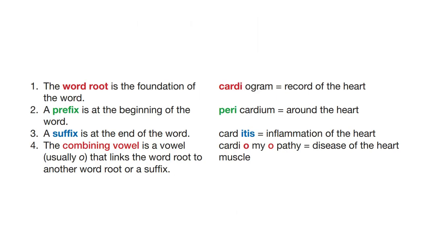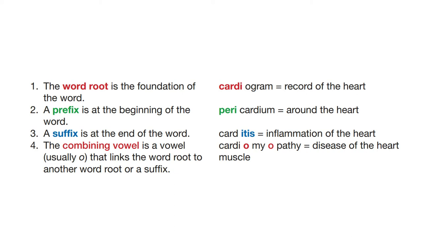So the root word, it's the foundation of the word. The prefix, it's coming at the beginning of the word, and the suffix goes at the end of the word. But we have another important term to analyze, which is a combining vowel. A combining vowel is a vowel, which is usually the letter O, that links the word root to another word root